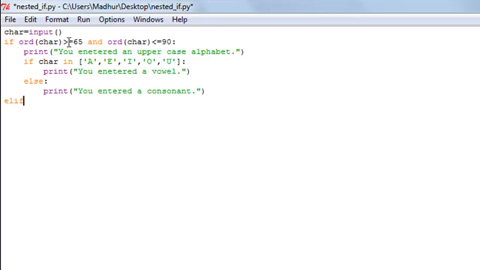And if the ASCII value of the character entered is not in this range, then we'll have to use the elif statement to have the comparison for the other range, which was 97 to 122. So if ORD char is greater than or equal to 97 and ORD char is less than or equal to 122,